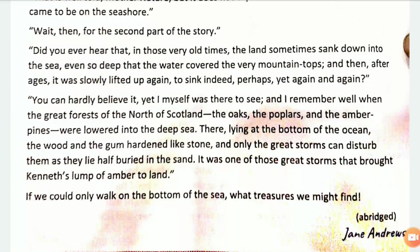After that, earlier, when the sea water arose, it rose up to the height of the mountain. So the gum was flowing from the pine tree, and all the things got embedded in it. After it hardened, the sea water rose to a level, and this amber got into that sea, and somehow with the seashore or the strong winds it got onto the beach, on the seashore. You can hardly believe it, yet I myself was there to see, and I remember well